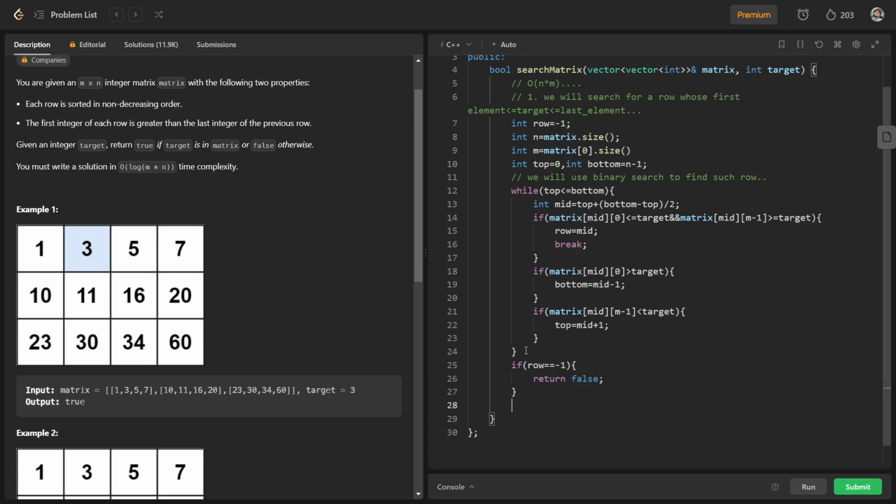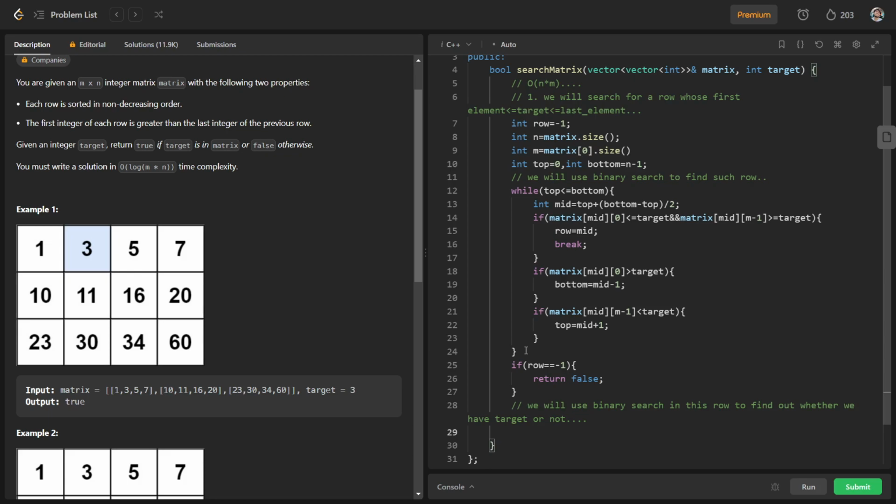Again we will use binary search in this row to check whether there is this target integer or not. That's what we are going to do.